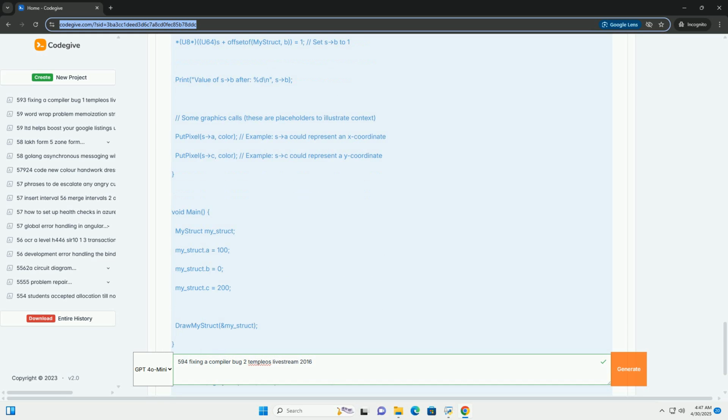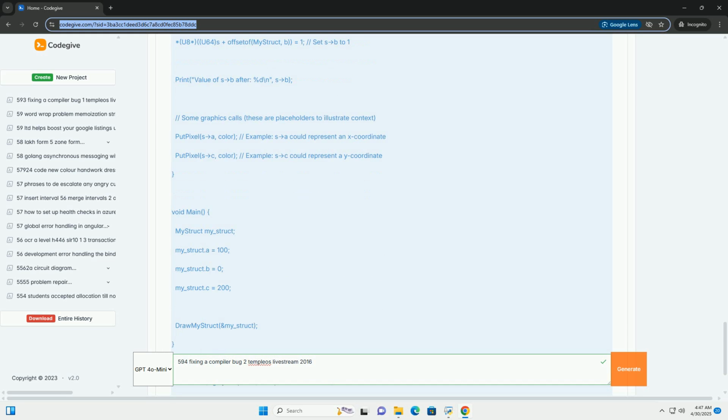4. Disassembly. If the verbose output wasn't clear enough, Terry might have used TempleOS's built-in disassembler to examine the compiled code in more detail. This would allow him to see the raw assembly instructions and understand exactly how the compiler was translating the HolyC code. 5. Modifying the compiler. Likely, given that this was a compiler bug, Terry almost certainly would have had to